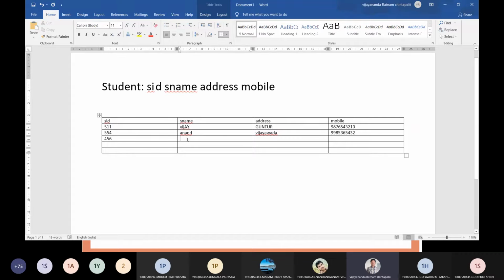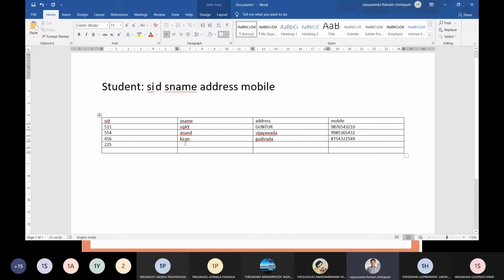Suppose another student's information is 456. His name is Kiran, his address is Gudivada, and his mobile number is 8745321549. Suppose another student is 225.